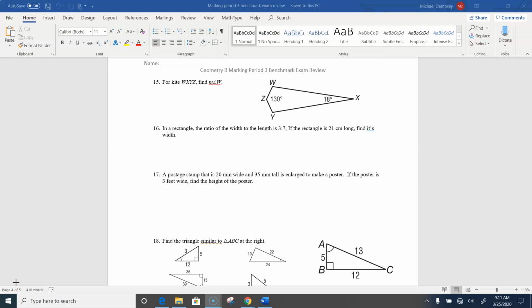So in this particular kite, angle W and angle Y are going to be my equal angles, okay? It's a quadrilateral, so we know that the angles have to add up to 360 degrees. So what do I have so far? I have 130 and 18, that's 148 total degrees. So I'm going to take 360 minus that 148,